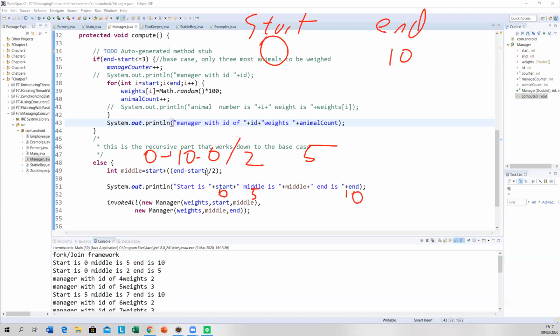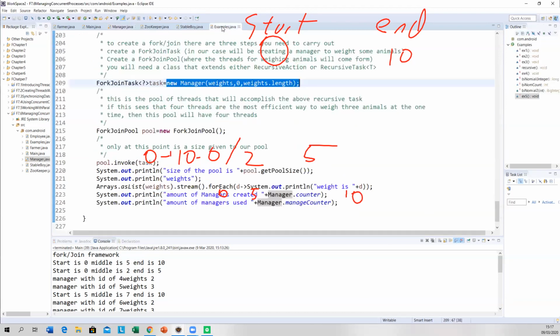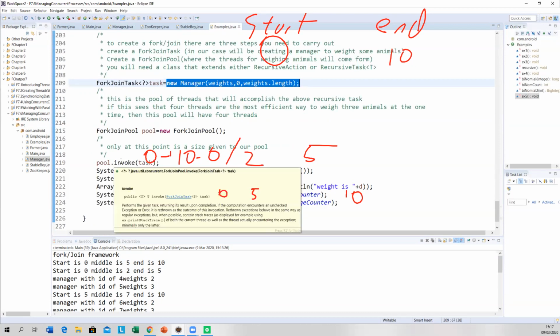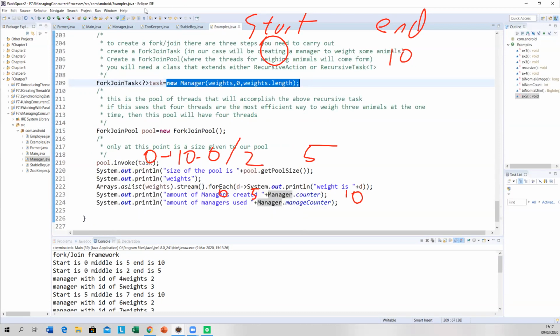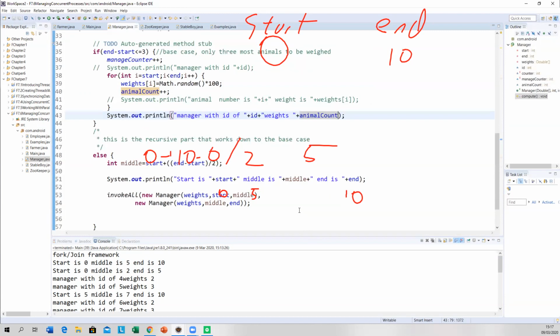Now invokeAll, it's exactly the same as back here. What do I call the method again? It's invoke task. It's the exact same, except it's going to keep doing the same thing recursively. So what does it do?